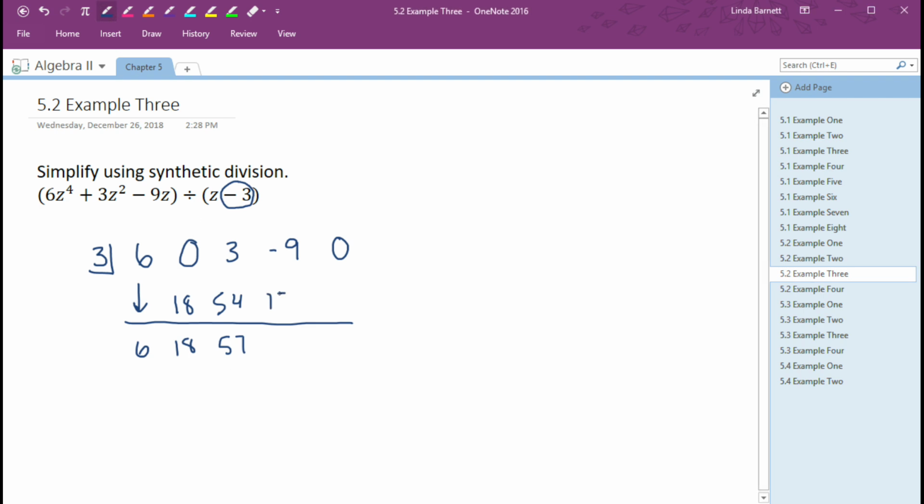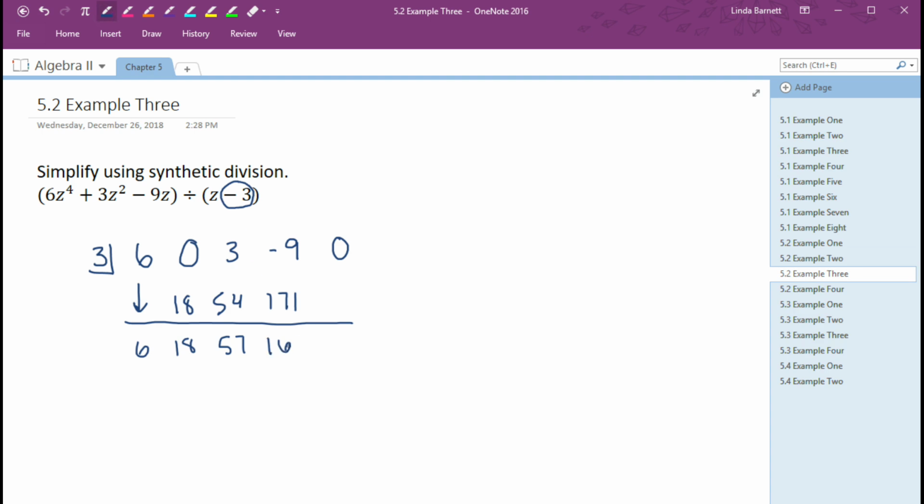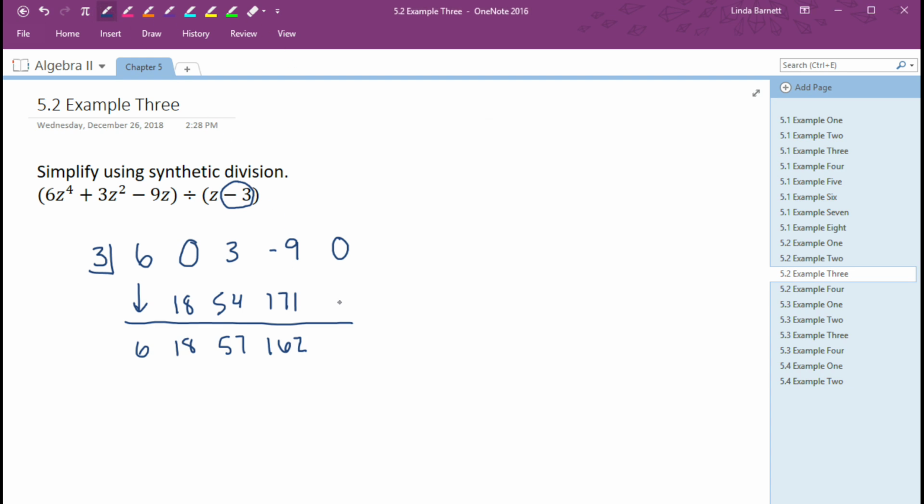171. We do 171 plus a -9. That's going to be 162. And then 3 times 162 is 486, which is huge. And we move that down to 486. Our fourth number is always the remainder, and then I